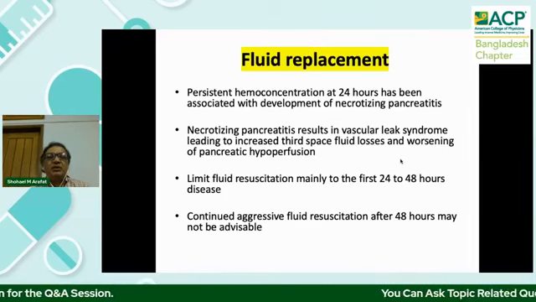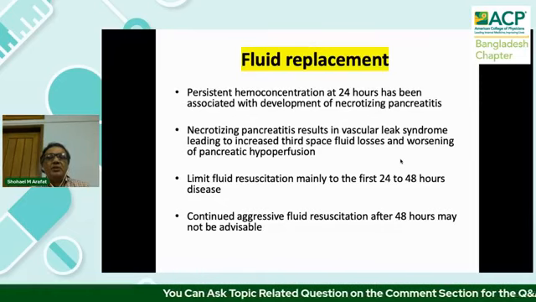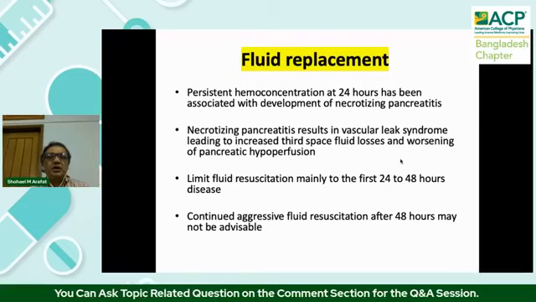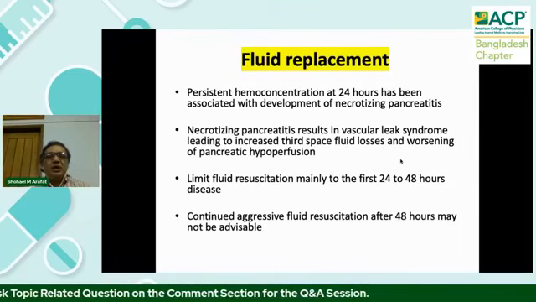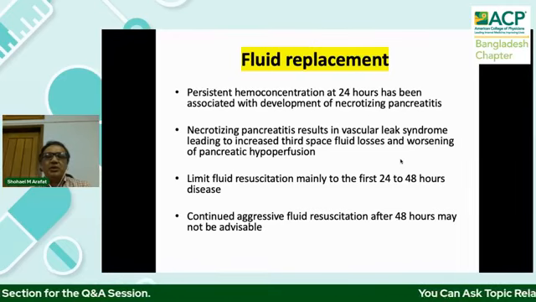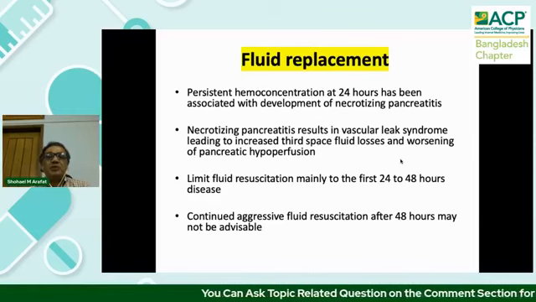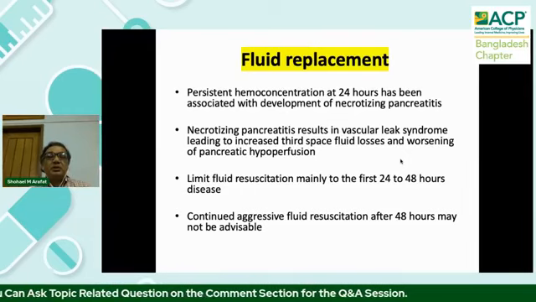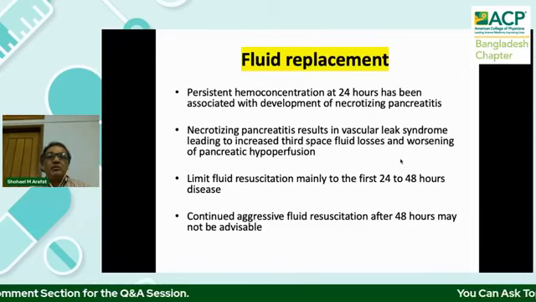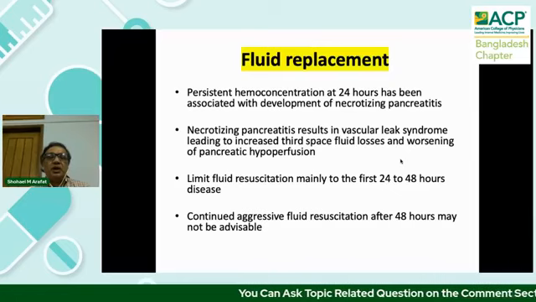Even a simple mild case may land in the area of severe acute pancreatitis, because if there is hyponatremia or hypovolemia, that might lead to hypoperfusion, which might aggravate the loss of arterial supply. The viscosity will increase, and there is an increased chance of thrombosis. So a lot of things are happening there. So fluid replacement is one of the important cornerstones of treatment. Even the fluid may reduce the pain to some extent, because lack of fluids might aggravate the